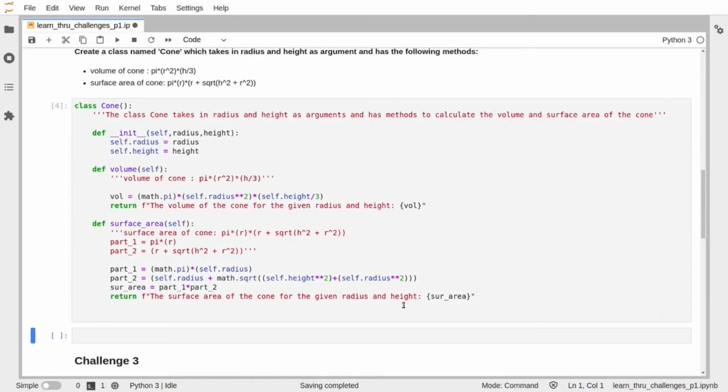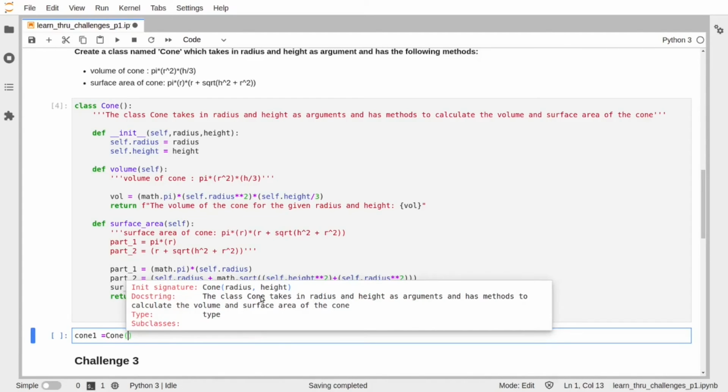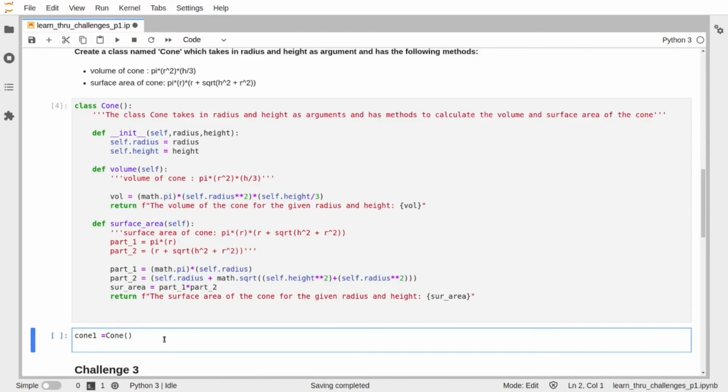Now let's run this, and now let's create an instance of cone. So cone1 is equal to cone. Again, let's try shift tab. You can see that it takes in radius and height and has methods to calculate the volume and surface area of the cone. Now let's do that. So cone1 dot, if you press tab, you have surface area and volume. Let's start with volume. Again, remember that this is a method,